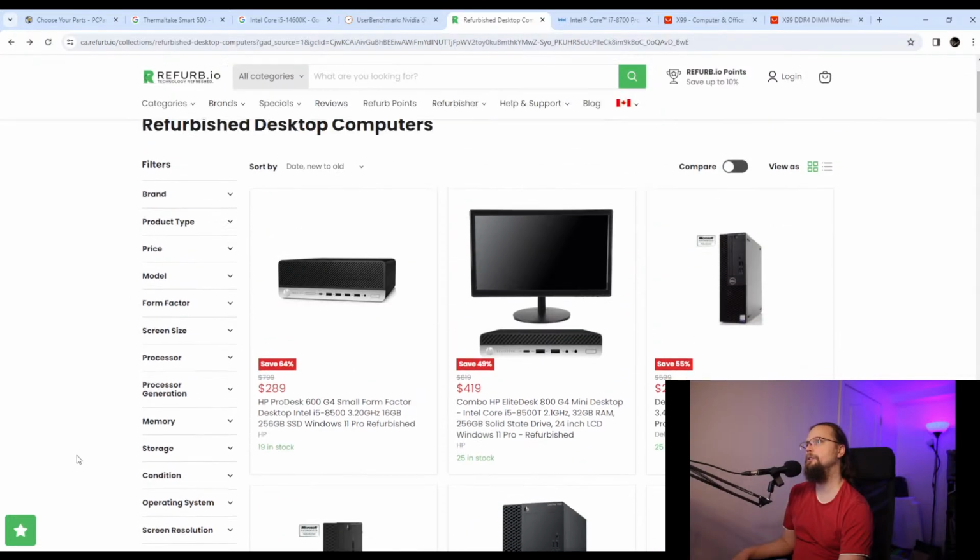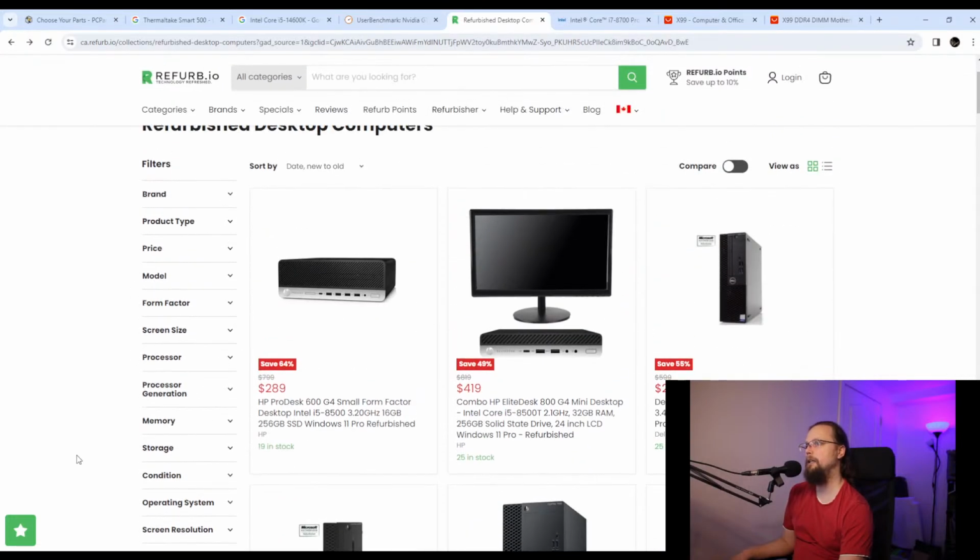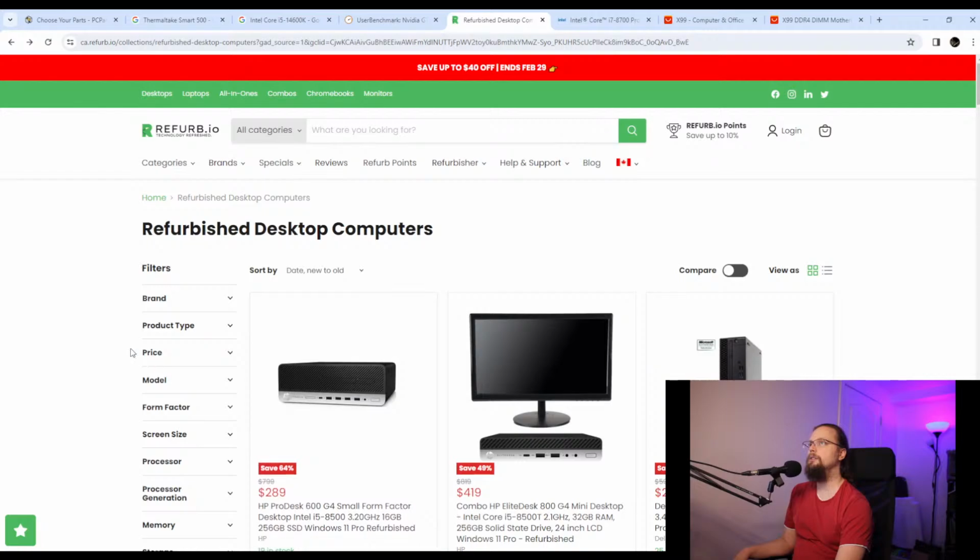Because similar to that closet industry, there's a big industry in North America of buying up used PCs. A corporation will buy a few hundred of these Dells, or this one's an HP. Sorry, I saw Pro Desk and my brain went Dell because I was looking at a Dell earlier. They'll buy up a few hundred of these. They'll use them for a few years, and then they will either give them away or they'll sell them at auction. So in my area,